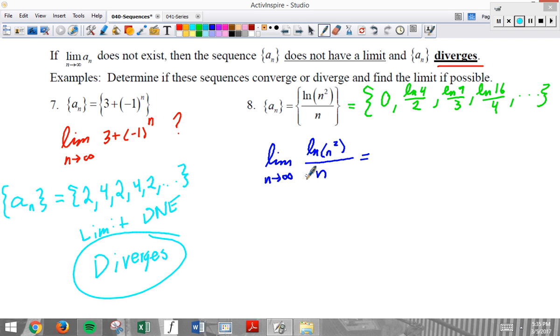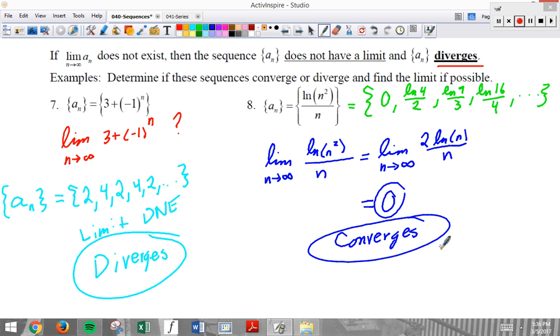Now, how can you do this? Some of you might be thinking L'Hopital's. That's a nice idea, but we should try to simplify before we do L'Hopital's. How can I simplify this? Well, natural logs allow us to take powers outside. The powers become coefficients. And now it's pretty easy to see. Now we have a log over a polynomial. And if you look at the end of lesson 6-6, I talk about how you need to memorize that polynomials always beat log. So converges,